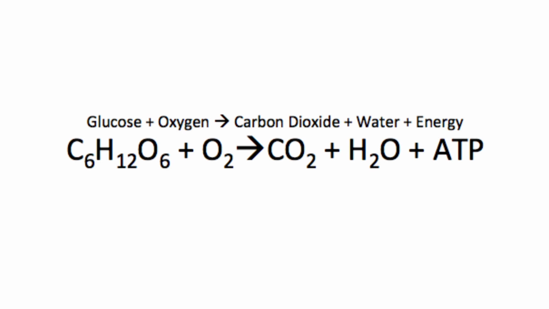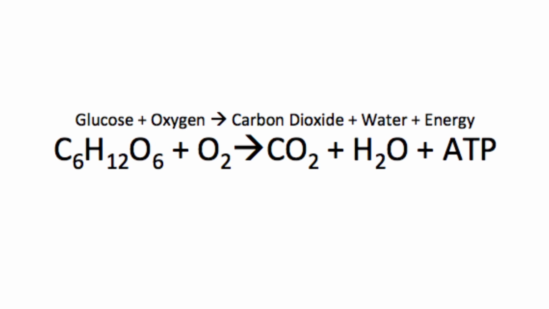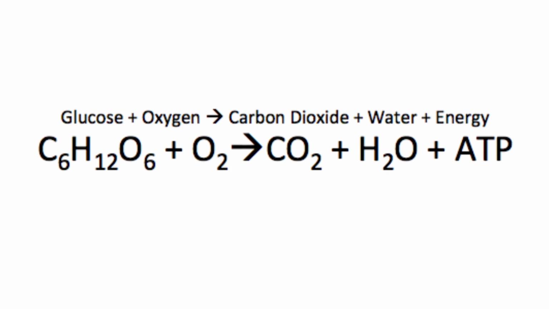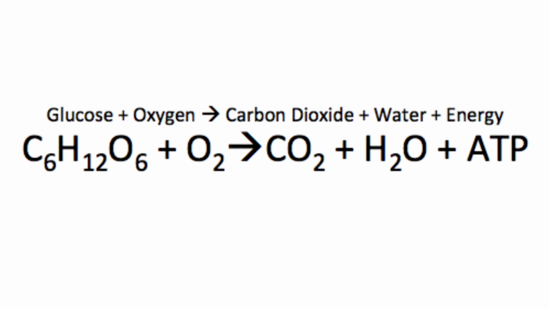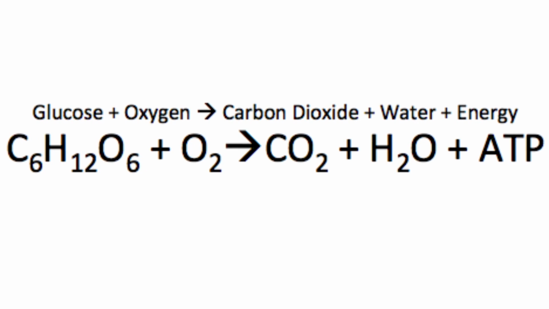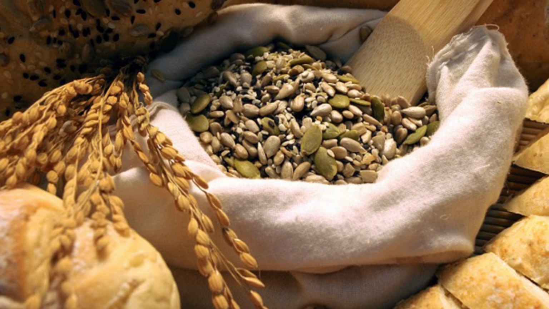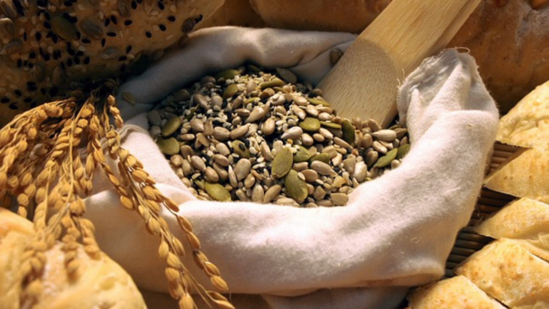In this video, I'll explain a brief overview of cellular respiration. Cellular respiration is the metabolic process by which glucose is converted into energy that can be used by our body. Carbohydrates that are consumed in the diet are mechanically and chemically broken down into molecules of glucose during the process